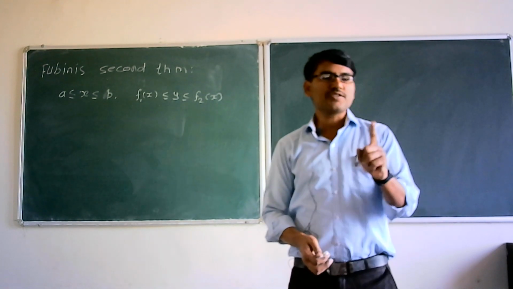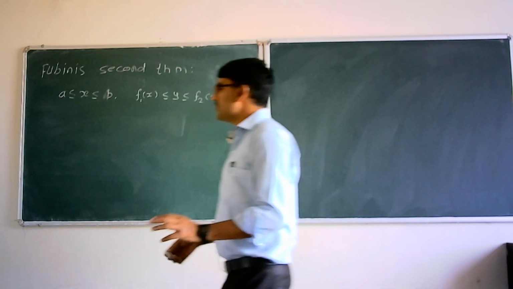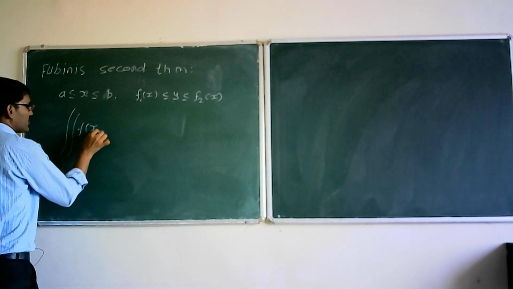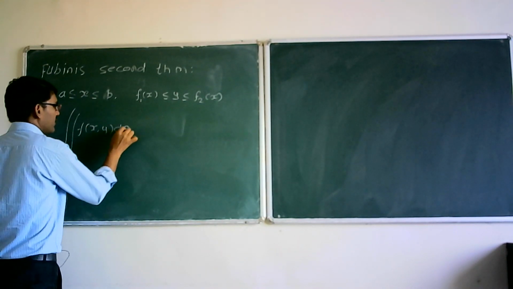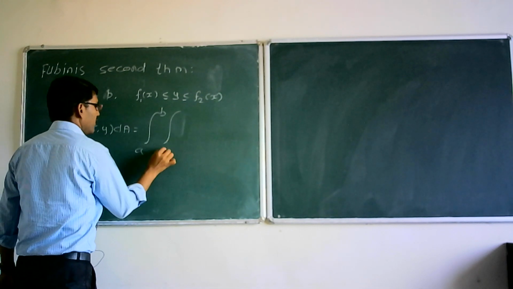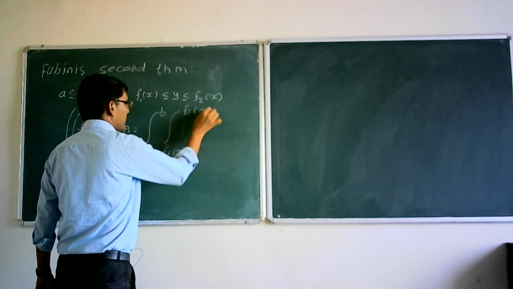In that case, first you want to evaluate with respect to y and then with respect to x. Okay, so here what Fubini's theorem says, if you want to evaluate the double integral of f(x,y) dA, it is equal to the integral from a to b, f1(x) to f2(x), f(x,y)